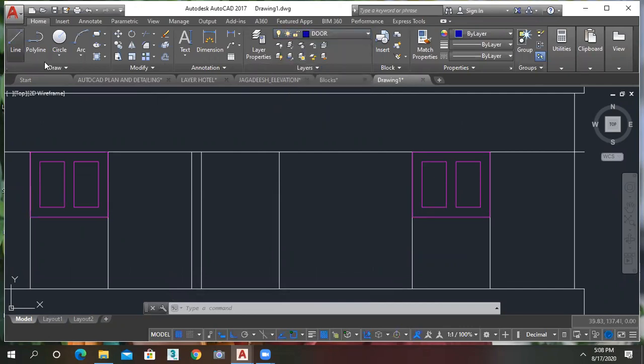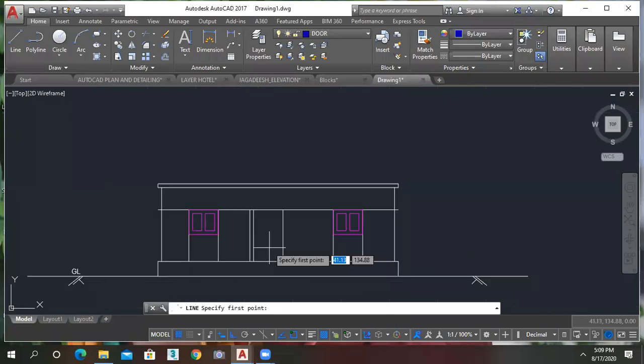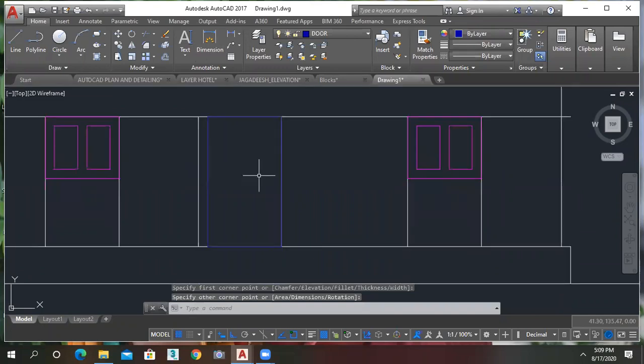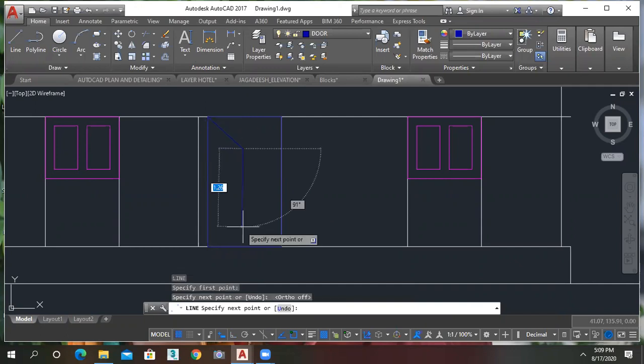Take a line. Where is my door? Here. Just show it like this. Take a rectangle. You can show it like this. Or if you want to show the frame, you can take a line and make the effect of a 45 or 30, whatever it may be.